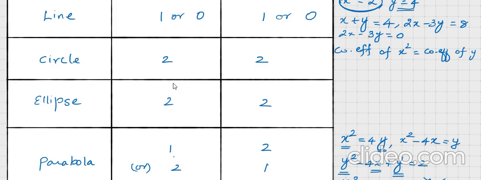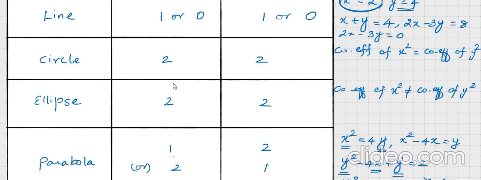Okay. It is not the case for an ellipse. The coefficient of x square is not equal to the coefficient of y square. So to go into more depth, both the coefficients should be positive, or of the same sign, for both circle and ellipse. For hyperbola also, it is of course out of our area. For hyperbola also, the degree of x and degree of y must be 2, but they may be of opposite signs. Okay, we are not going to discuss hyperbola here.